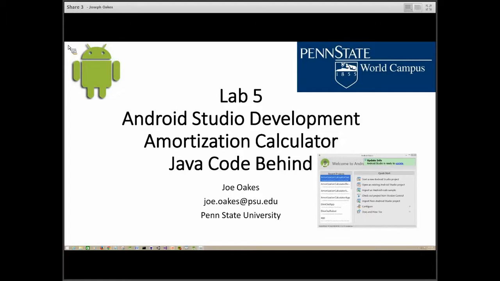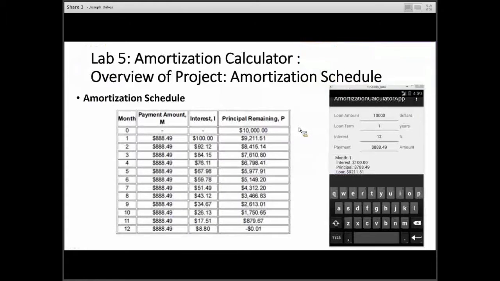Lab 5 is a continuation of the amortization calculator. Today we're going to look at the Java code behind it. Okay, so let's first look at the amortization schedule so that we have an understanding of what the calculator is